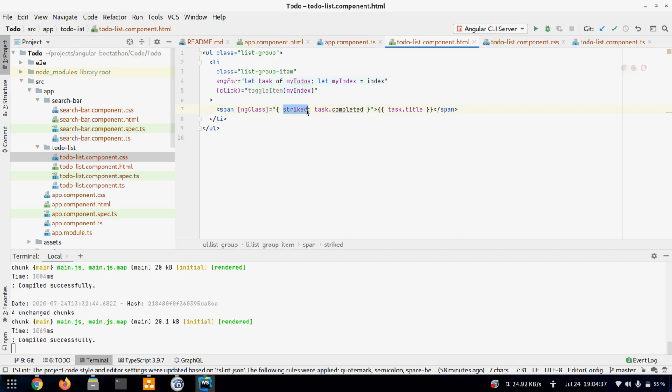The key of the object is the CSS class that we want applied, and its value will be a boolean. If the boolean is true, then that class gets applied to the element we are using it on. Otherwise the class does not get applied. That way we can conditionally apply the class and get the effect of strike through.